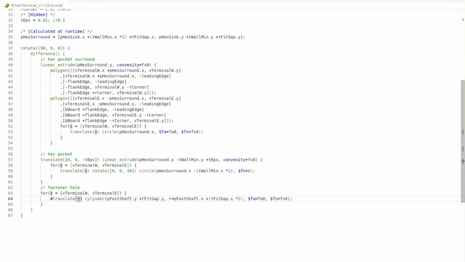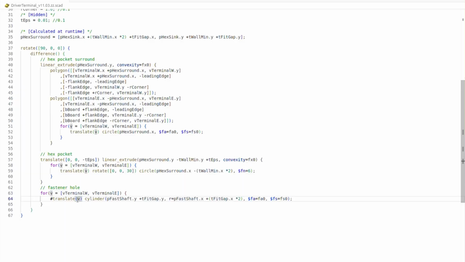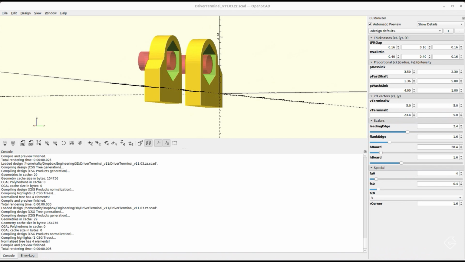because right now we have this variable v, which is a placeholder for those terminals. But those terminal vectors only include two dimensions, the x and the y, which of course after the rotation becomes z. And the offset of our fastener is actually in the third dimension. So we don't have to worry about breaking apart our for loop. We can actually just break apart that vector and include our new proportion into the third dimension. Watch. So rather than having it say v, we can break it up into v.x, v.y, and our board height minus the washer intensity. When we render that,